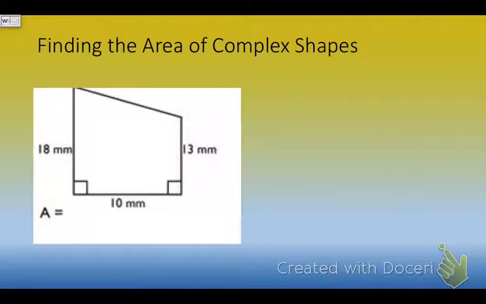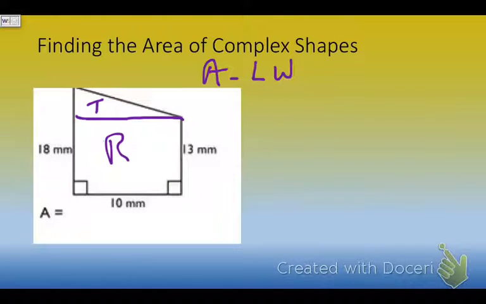Our next shape is a four-sided shape, and it could be considered a trapezoid, I suppose, but I'm going to divide it so that we have two different shapes. Here's our rectangle, here's our triangle, and again, we want to make sure that we're finding the area of the whole shape. So I see that my rectangle is length times width. Excuse me, kids, I'm going to move that over a little bit so I don't run out of room on the other side. And so it's A equals